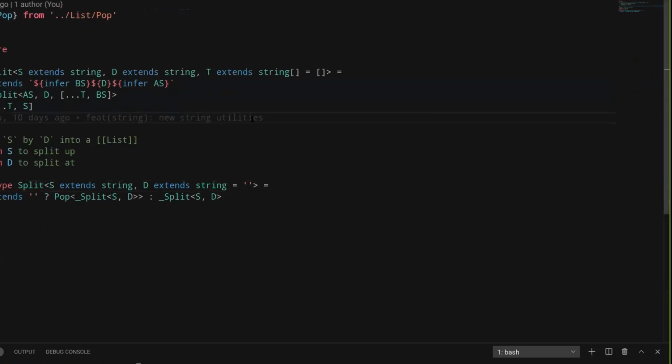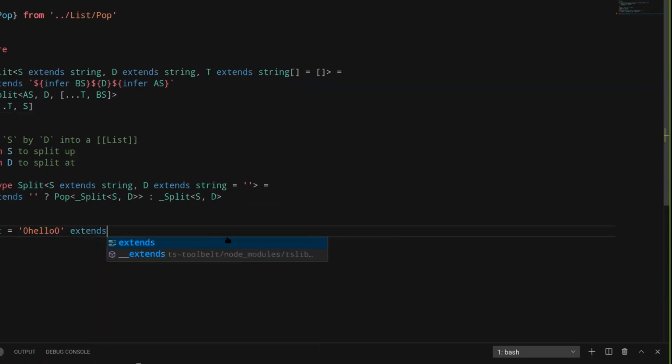Okay, so this one is a bit different. It doesn't involve iteration, numbers and indexes. TypeScript has a new feature that is called template literals. And the amazing thing that they did is that you can use infer inside those template literals. So if you have a type, let's do a test again. So hello 0. And then you can do extends